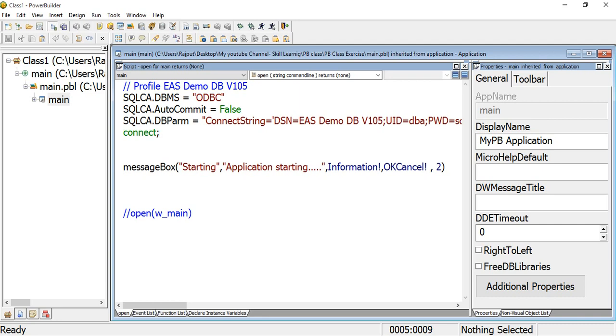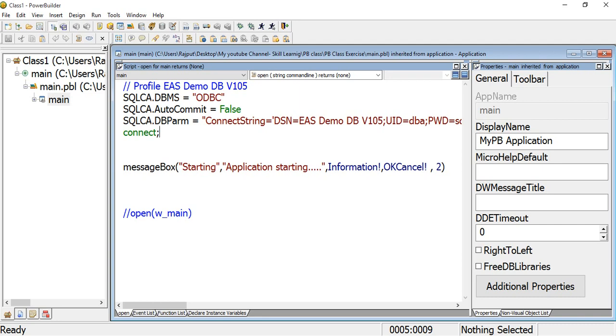Yeah, these are the very basic things that we know about the application object. When you create any application in PowerBuilder, this is the basic thing you should know about the application object. Five objects you declare on the application object: error, SQLCA, message object, error object.